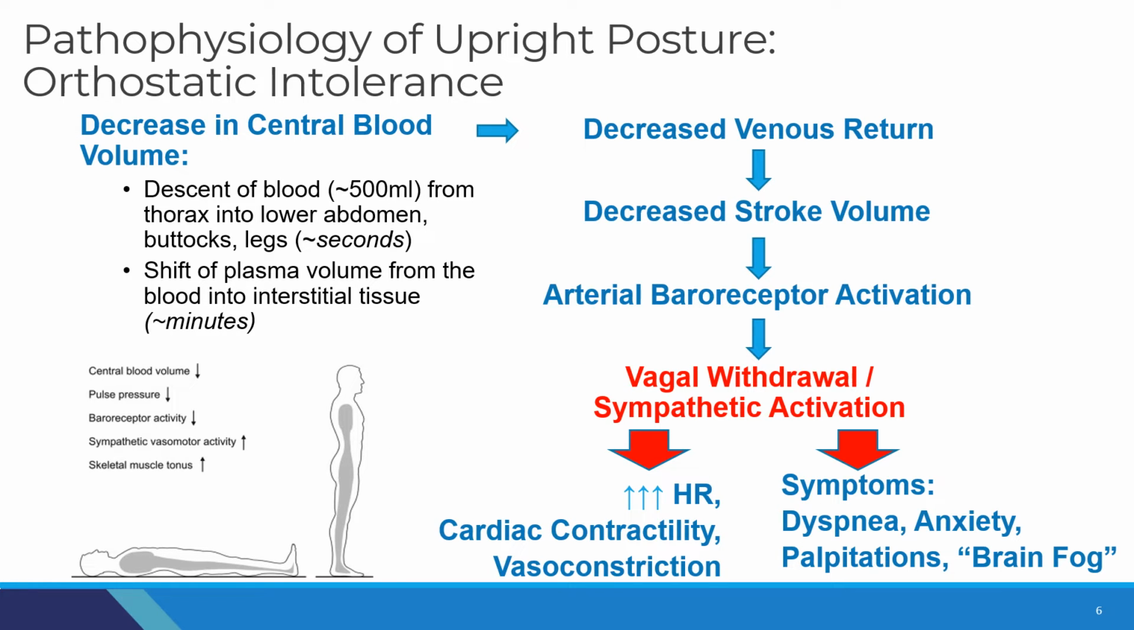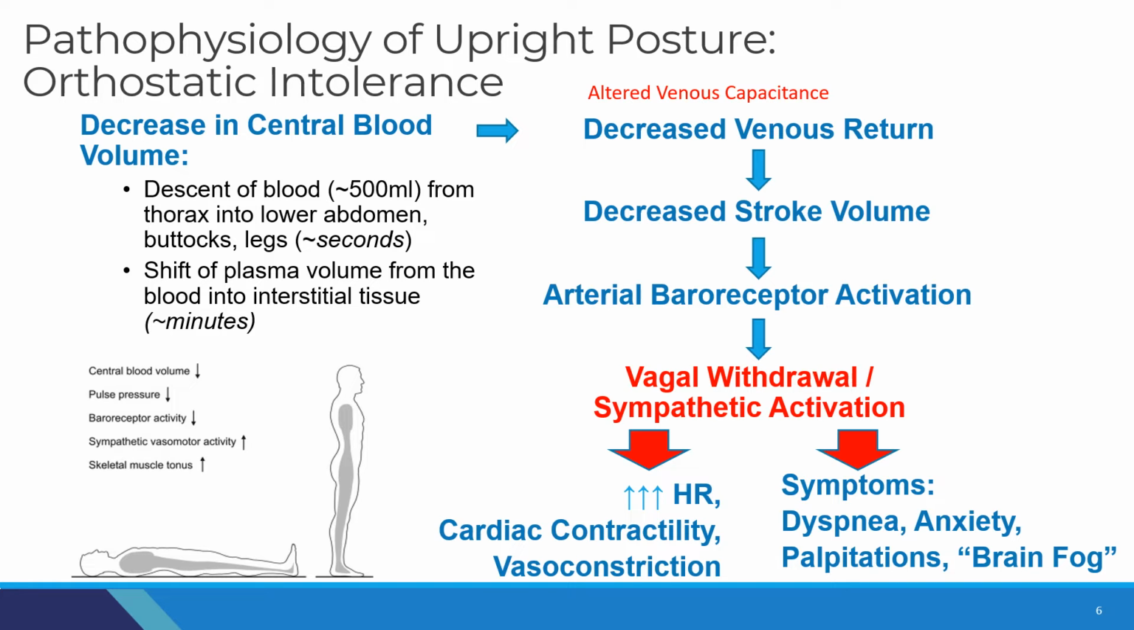However, in a patient with POTS, there is an excess of this sympathetic activation. This produces an excessive increase in heart rate, heart contractility, and vasoconstriction, and this excessive response is what ends up producing symptoms. The mechanism behind this phenomenon is still unclear, but there have been some associations for patients with severe